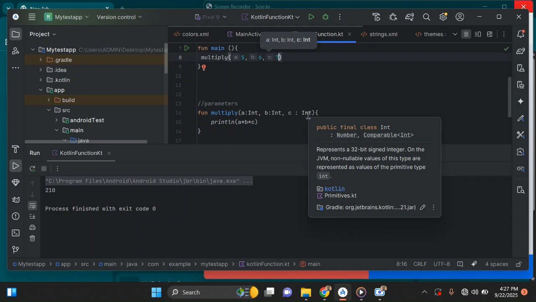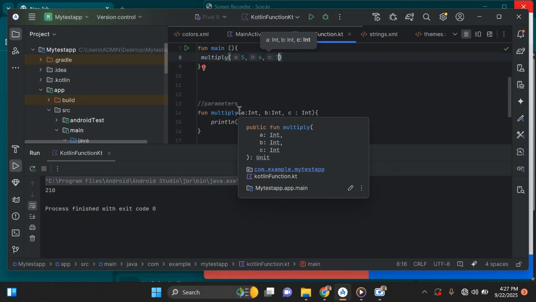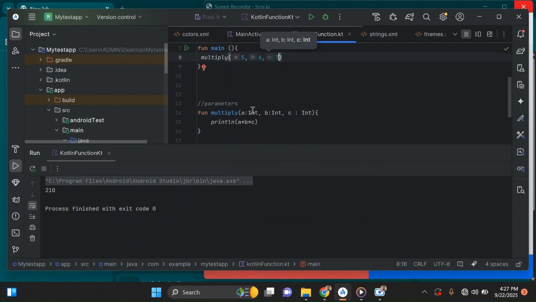At times, people mix it up or use it interchangeably, but they are not the same, even though they speak of essentially the same concept. Now, these are parameters and these are arguments. Parameters are like the variables. Arguments are the values assigned to those variables. So the parameters are A, B, C, and the arguments are 5, 6, 7. And we can change the arguments anytime. Let's say 6, 7,